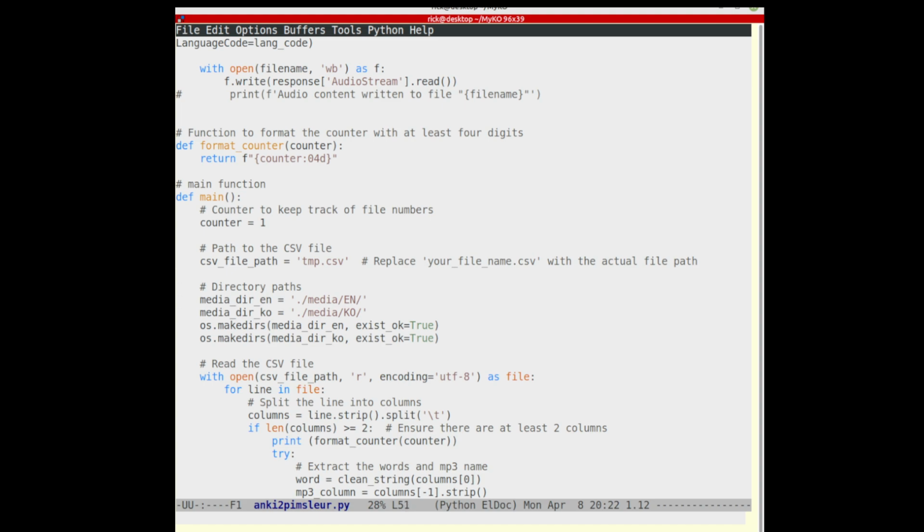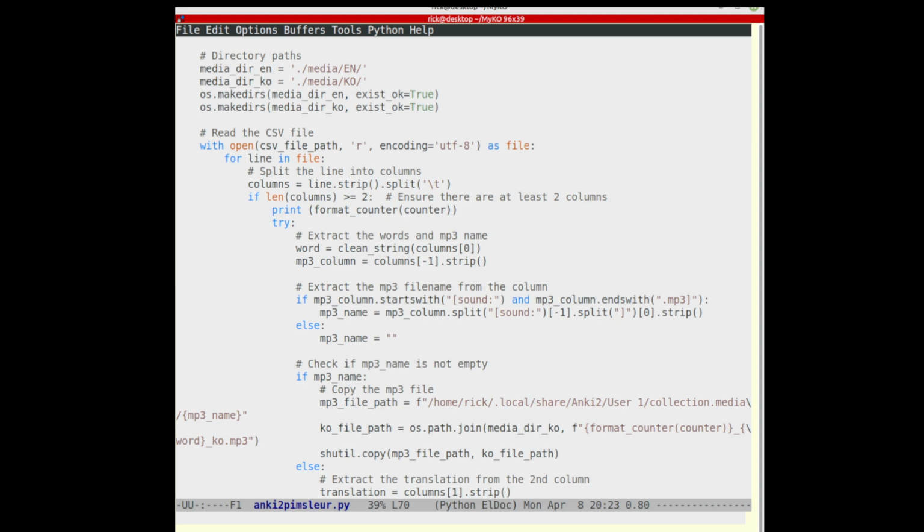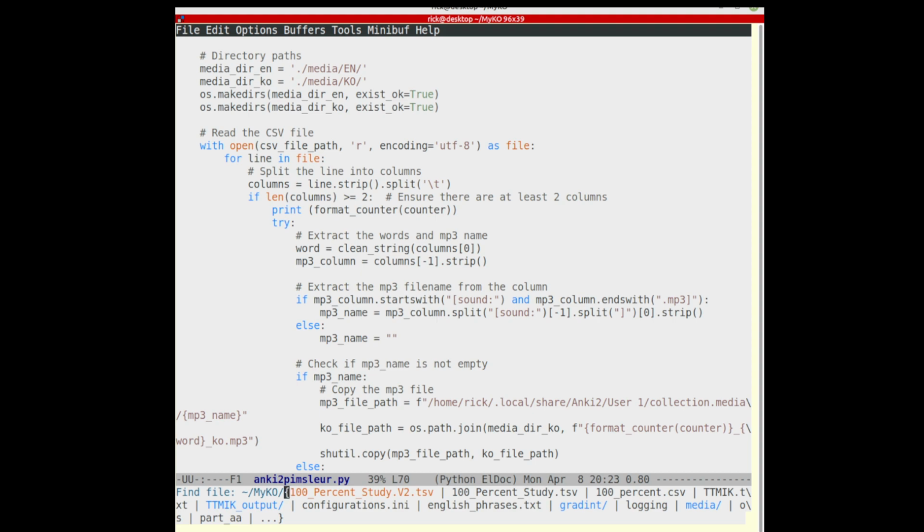I open up the temp.csv file. I output English computer generated voices into a subdirectory, then the Korean subdirectory as well. I open the CSV file. I split the columns into two. There are just 2 columns, which is one the English sound. Let me just quickly show you the